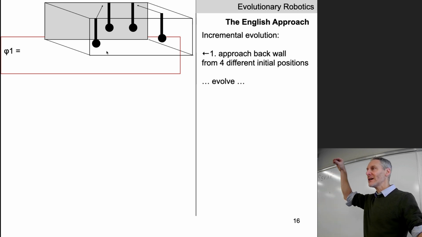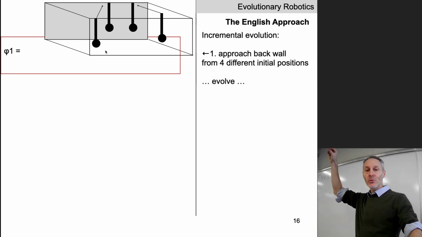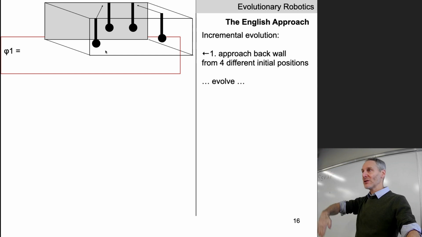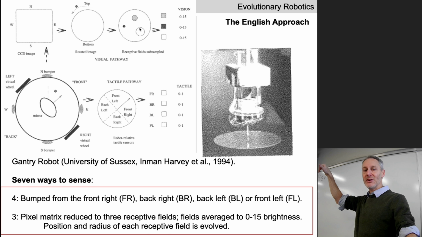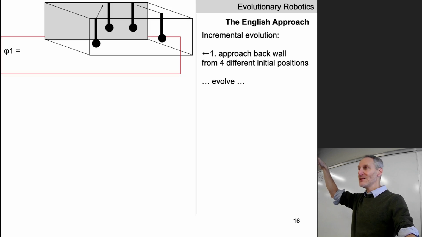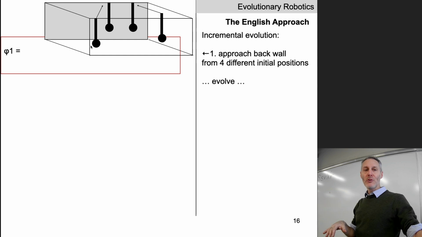They're going to take each random set of weights in the population. We've got a population of neural networks with weights, and we have the position and radii of these receptive fields also. So our genome is made up of all the synaptic weights plus positions and radii of the three receptive fields. We take each one in turn in the population and drop it into the robot,